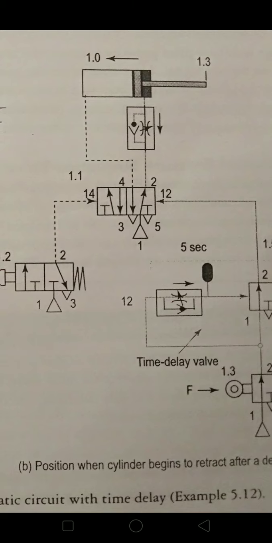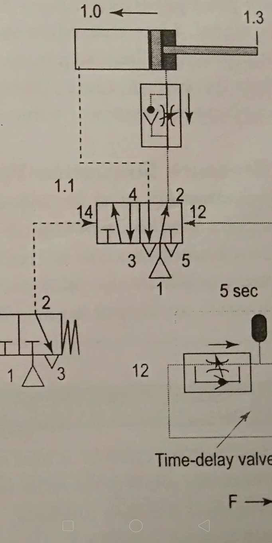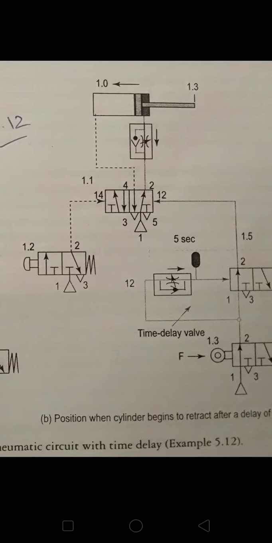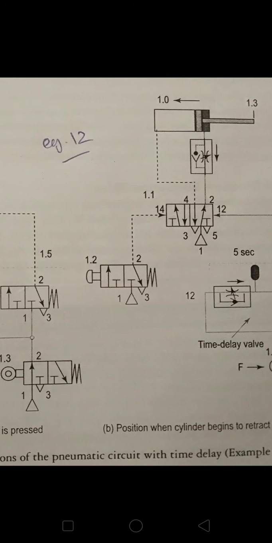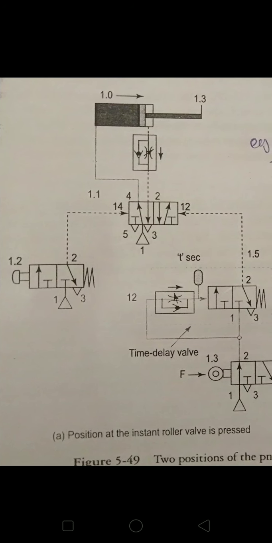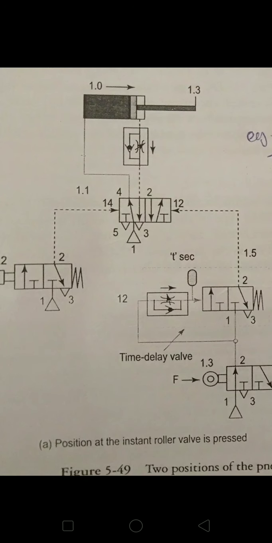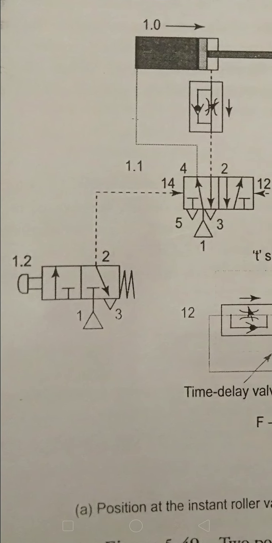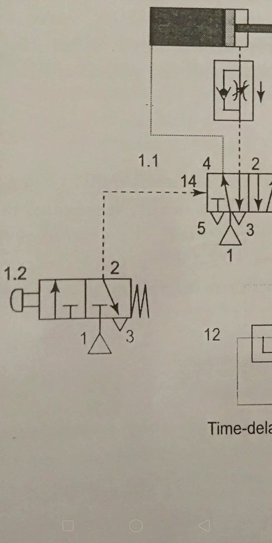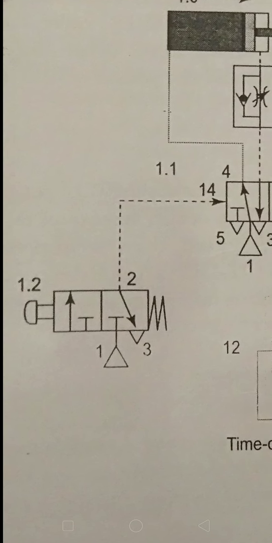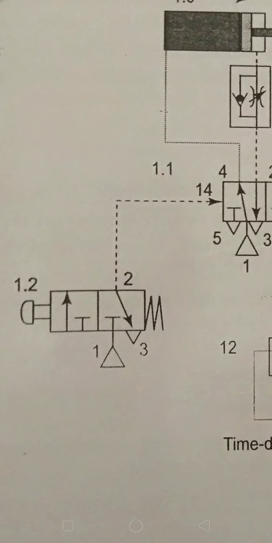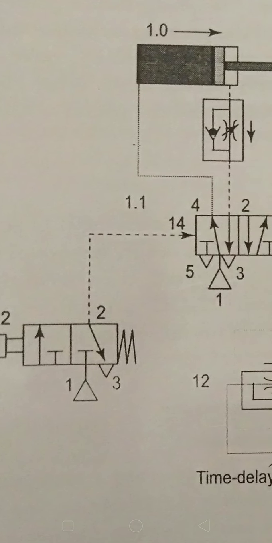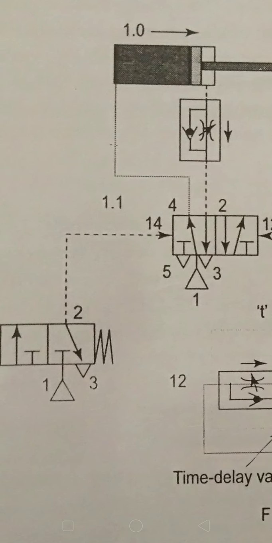So the main controlling element is the 5/2 DC valve, which is pneumatically operated. These are the two positions when you have applied a roller force. And when you are applying this push button, the piston will move from left to right. If you want to move the piston from left to right, you have to apply this push button. So 1 will be connected to 2, 2 will be 14, and from 1 to 4, and it will move to the right.